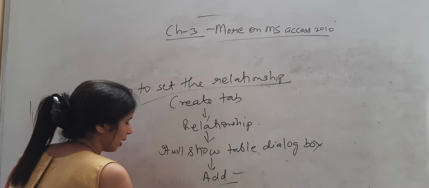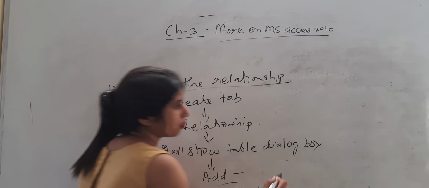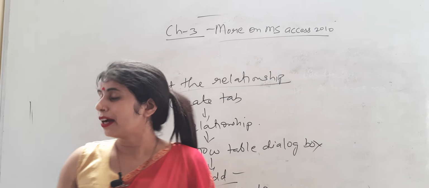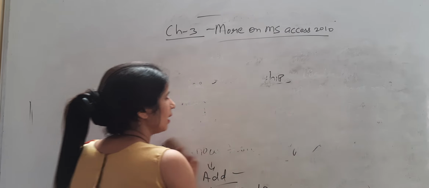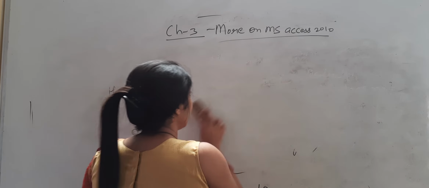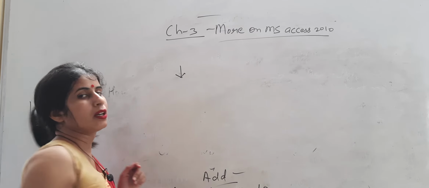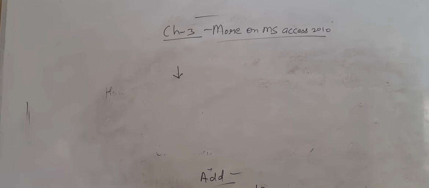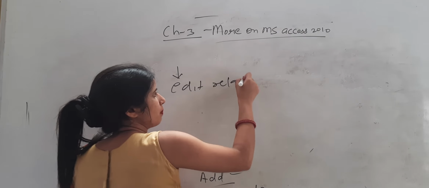Here I have to add the primary key, the one that I have used as a primary key. We will drag the mouse pointer to the other field of the table. Suppose one field I have assigned as the primary key, then we will drag the mouse pointer to the field in the other table. Then we will release it. Then it will show you the edit relationship option there.